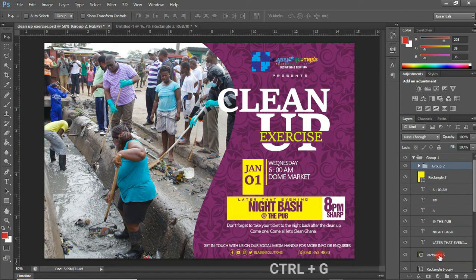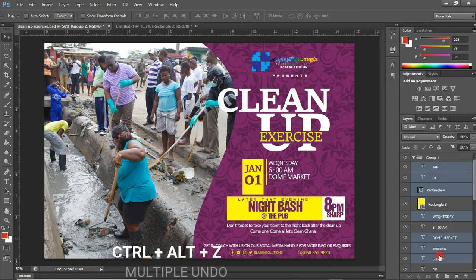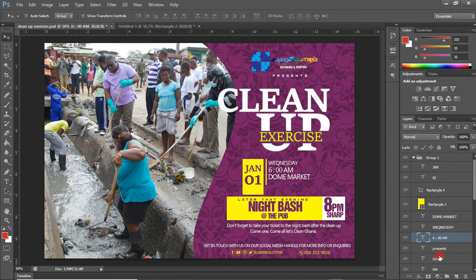What about the other way to group a layer? Let me undo this. To undo, Ctrl Z. Ctrl Z does a single undo. To do multiple undo, add the Alt to it: Ctrl Alt Z. So Ctrl Z does one undo, Ctrl Alt Z does multiple undo. Okay, good. So the other way to group the layers is,